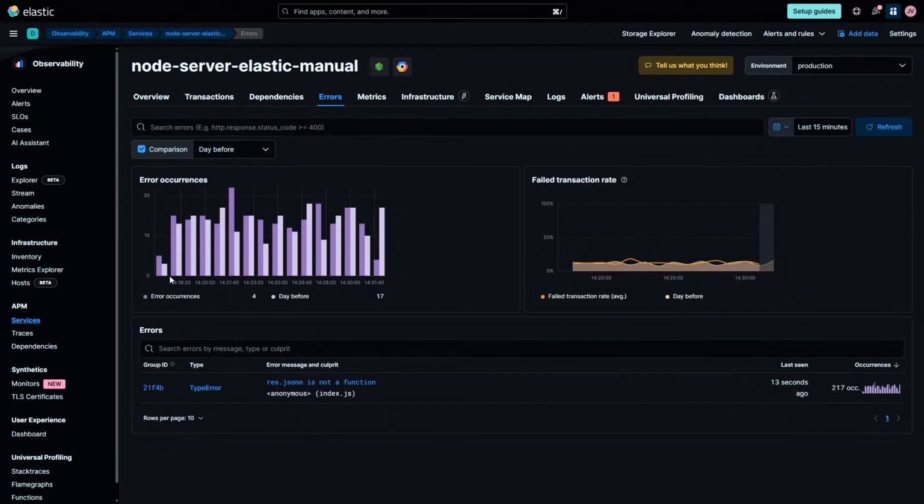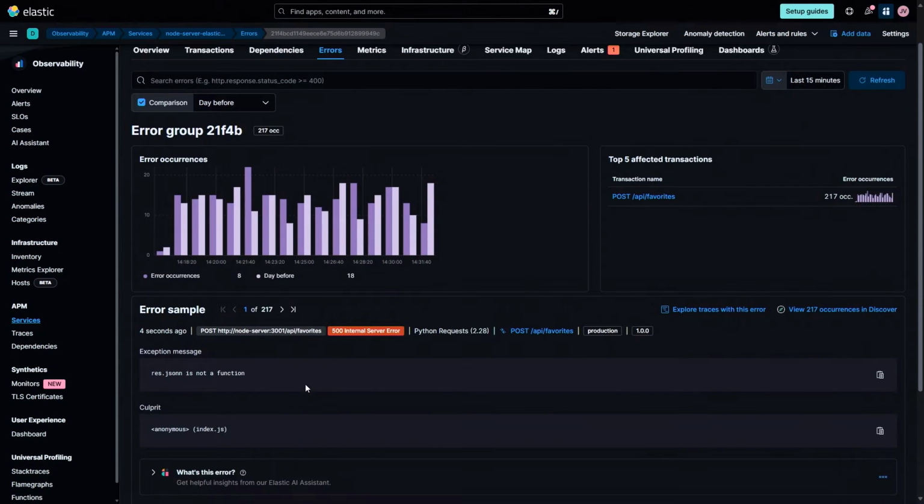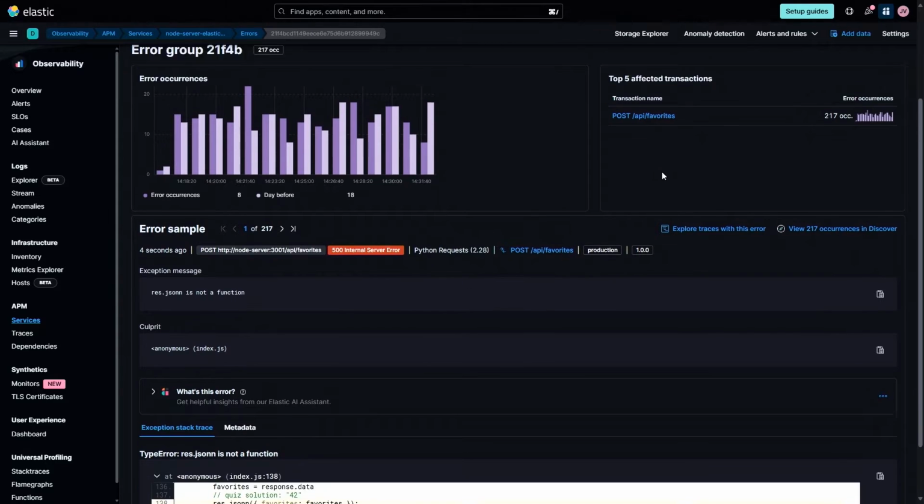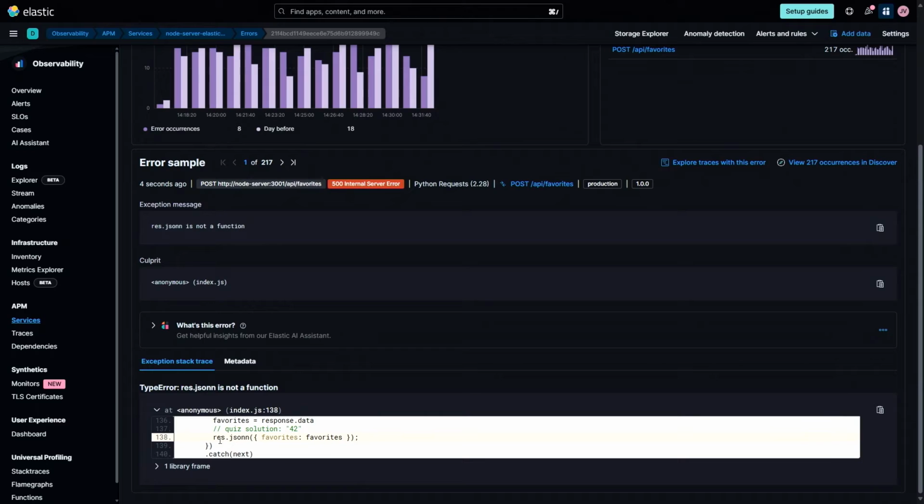What we do right away, from that error that's about APM transaction data, we drop in, and you can see at the top the breadcrumb trails, right? APM services. So we're looking at one service right away. It's a node application, with some error occurrences. And I can see right away there's a type error, it's not great. Here's the exception message. I can click in and zoom further down into it a little bit more, and I get more information. It's happening a bunch, that's not great. Here's the transaction, so when I call this API favorites, it happens. This is what's happening. And then here's the actual stack trace.